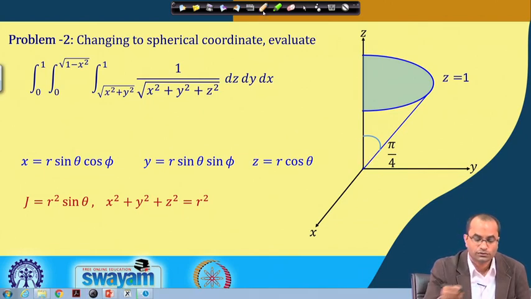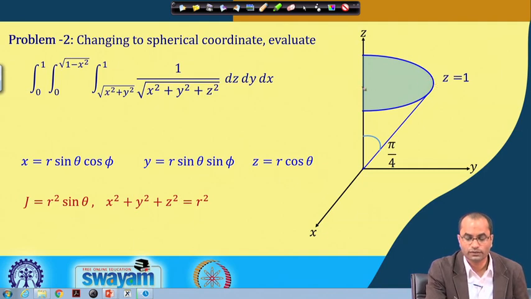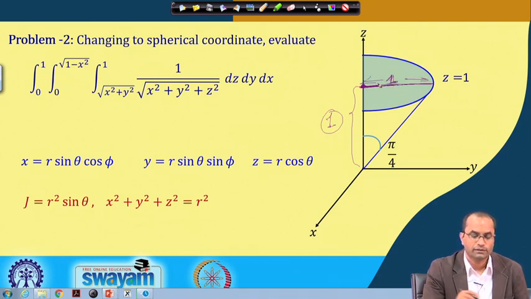So, just to note this, that z is equal to 1. So, this is the z is equal to 1 here. From here to here we have this distance 1, and then this circular part also has radius 1, because that is what we have observed there, that z square is equal to x square plus y square.